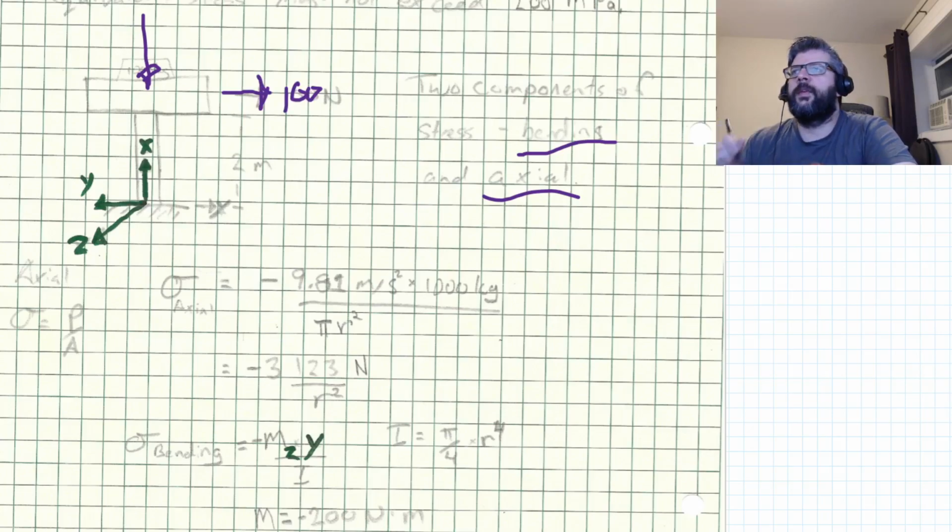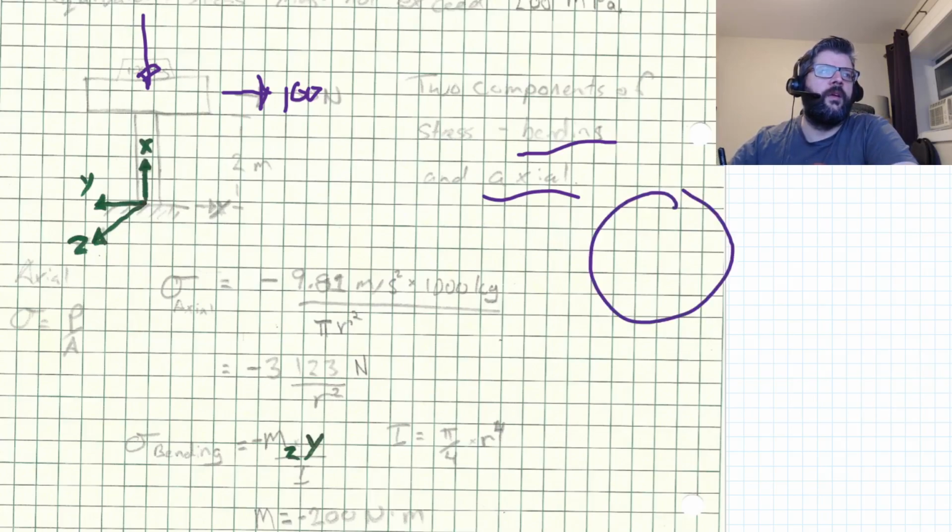Now there's also going to be some transverse shear arising due to the direct shear load of the 100 newtons. That having been said, the location where that occurs is not the point where we're worried about the bending stress being the highest. That is a location where the transverse shear is 0, because